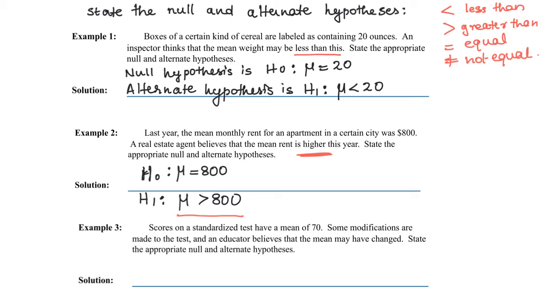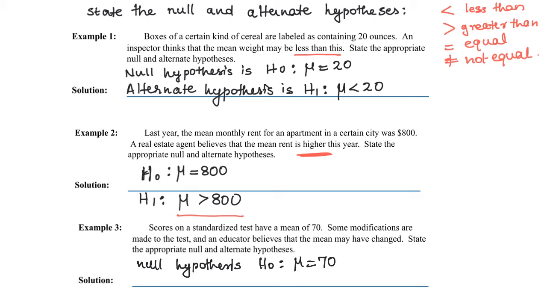Third example, the scores on a standard test have a mean of 70. Some modifications are made to the test and the educator believes that the mean may have changed. State the appropriate null and alternate hypothesis. So the null hypothesis says that there is no change. So the null hypothesis will be